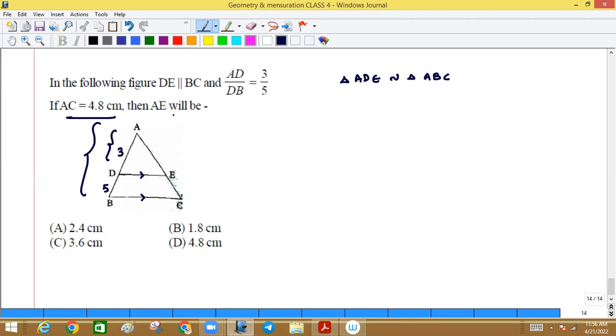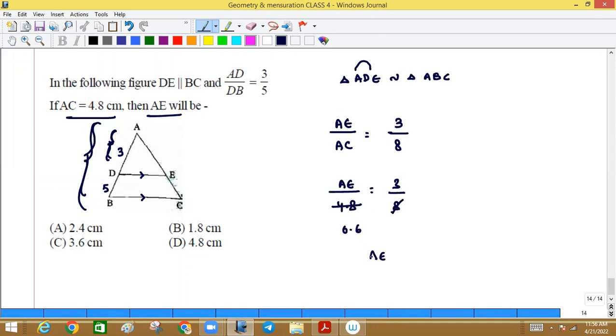Okay, AC is 4.8. Now what is AE? I can say AE by AC is in what ratio? Can I say it is 3 by 8? Sides should be in the ratio 3 by 8, because this is 3 parts, the larger one is 8 parts. AE is not given. AC is 4.8, and this is 3 by 8. 8 parts are 4.8, so 1 part is 0.6. Therefore, AE is equal to 3 into 0.6, which is 1.8